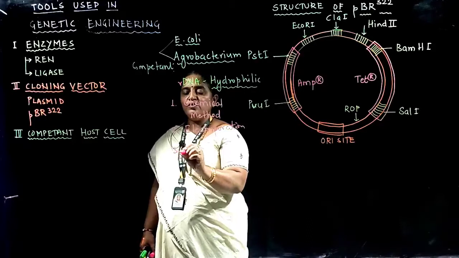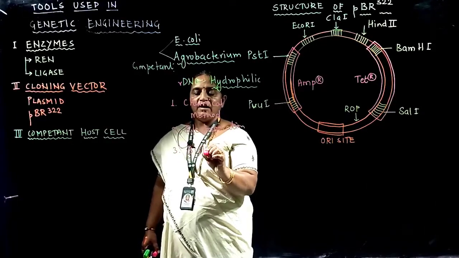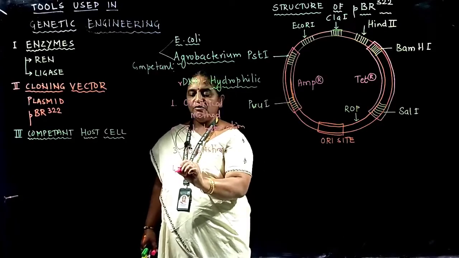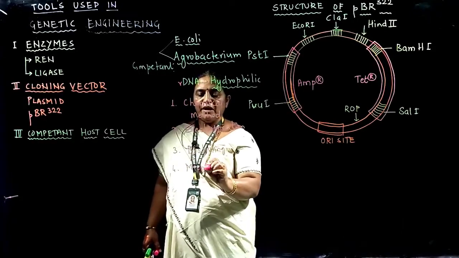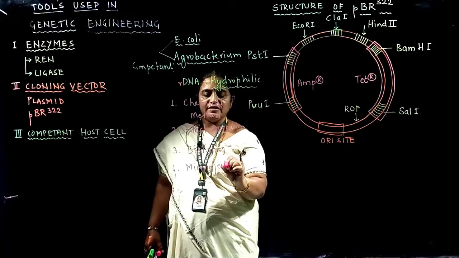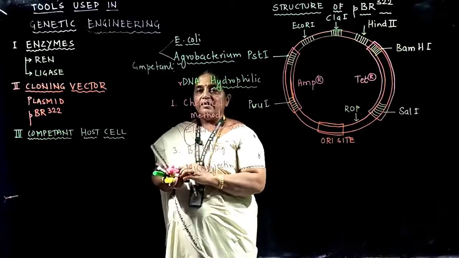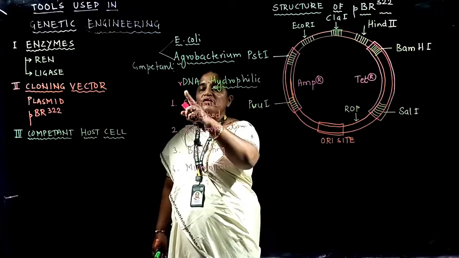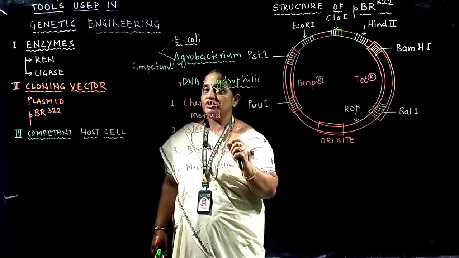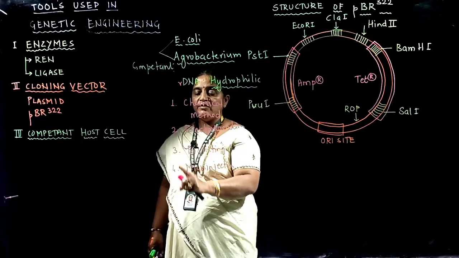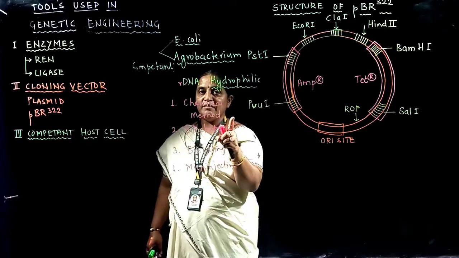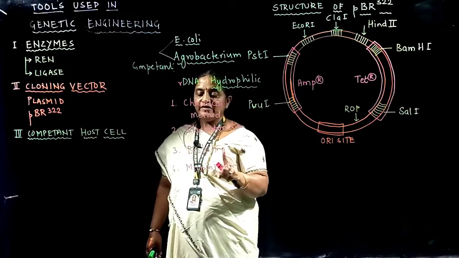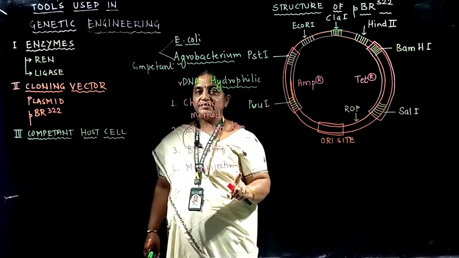And two new techniques have come up. It is biolistics, and the fourth technique is called microinjection. So if a question comes to list the methods to make the host cell competent to receive rDNA, you have to straightaway give this list. Number 1, chemical method. Number 2, electroporation. Number 3, biolistics. Number 4, microinjection.